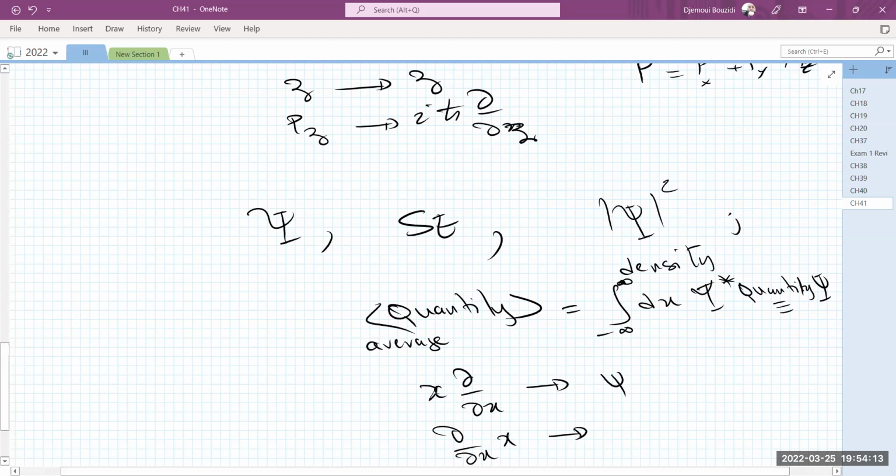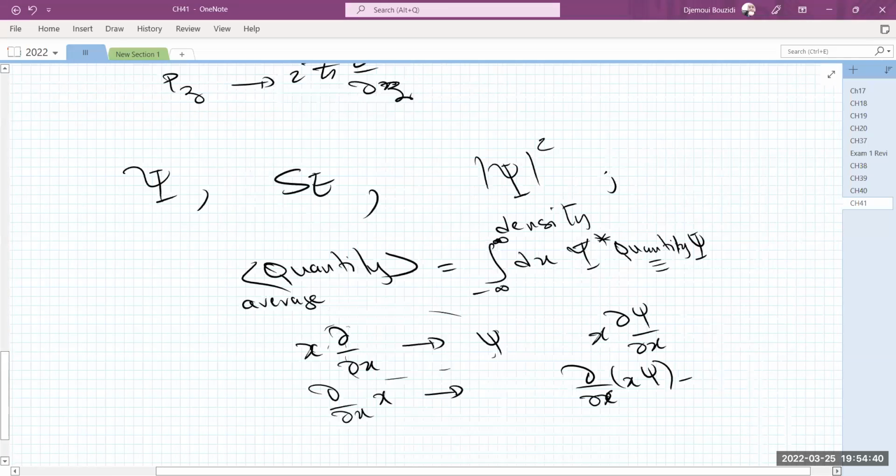If I take the derivative of psi first and multiply it by x, I will just get x times d psi with respect to x. However, if I multiply first by x and then take the derivative, it's clearly not going to be the same thing, because the derivative of x times psi is first this term,